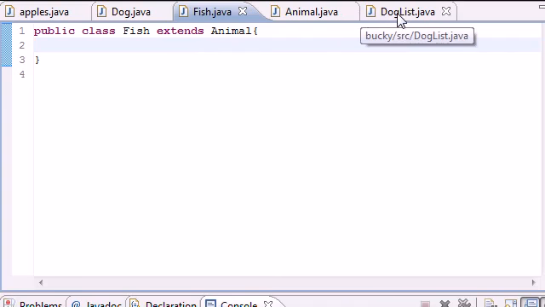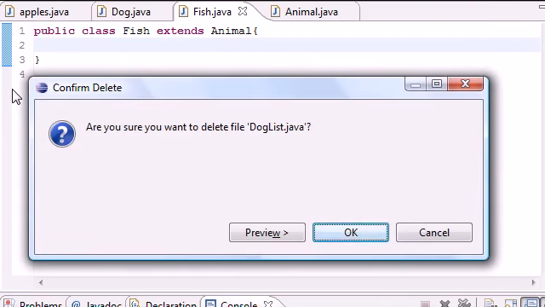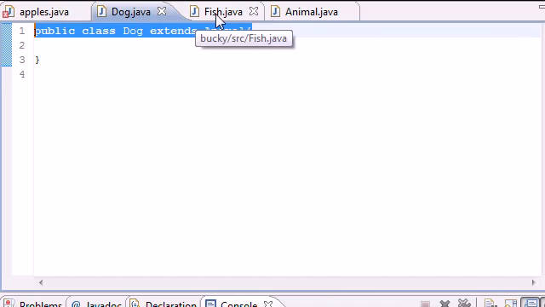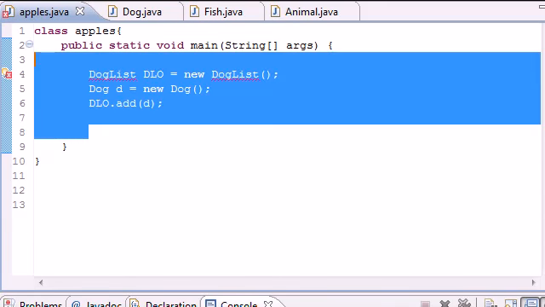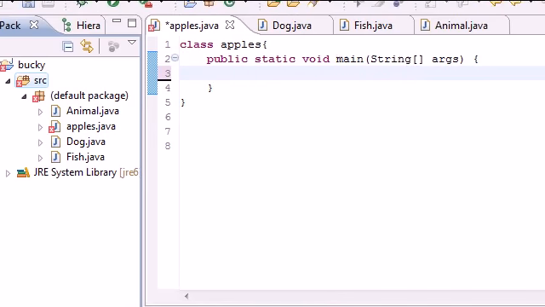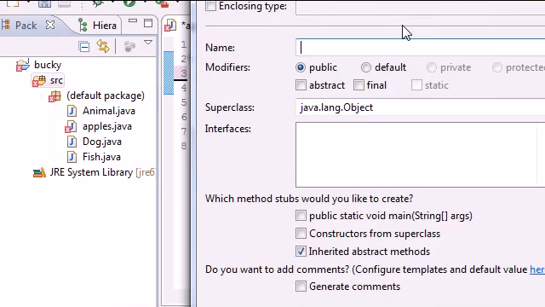So how would we do that? Well, this dog list is nice, but let's go ahead and delete that right now. Delete, and OK. So instead of creating a bunch of different classes to hold objects, let's make one final thing, and we're going to name it animal list. So let's delete everything out of our main method, and now let me get rid of that error. Now let's create a new class by right clicking source, new class, and we'll name this animal